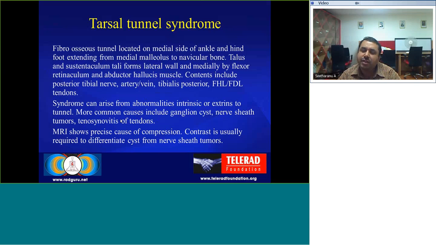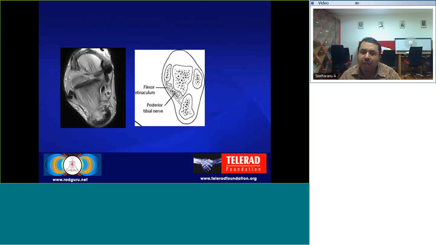MRI is useful to identify the precise cause of compression, and use of contrast is sometimes necessary to distinguish between the ganglion cysts and the nerve sheath tumors, because the nerve sheath tumors usually enhance whereas the cysts do not. So this is a T1 axial image